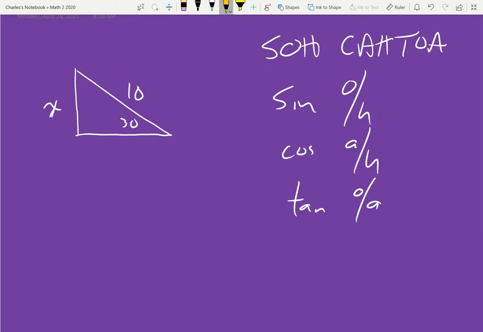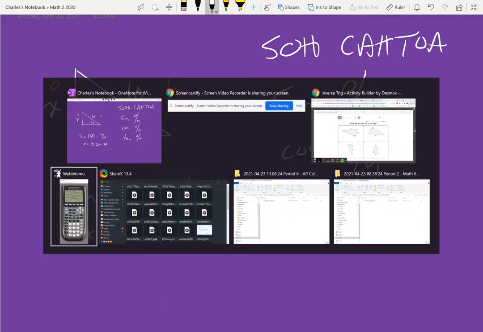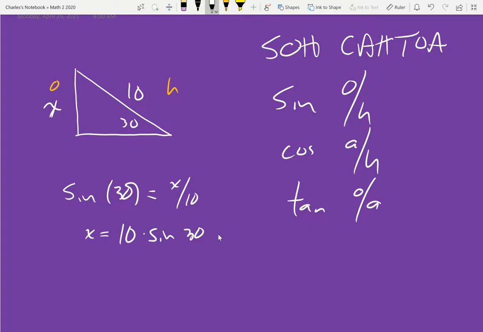And let's see, if I'm looking at this, this is the opposite, this is the hypotenuse. So I would say sine of 30 is equal to x over 10. X is equal to 10 times the sine of 30. You go to your calculator, whatever calculator that you're using, and I would do 10 sine 30, boom, and that's 5. Okay, and now I would know that this side is 5, and that's the type of problem that we've been